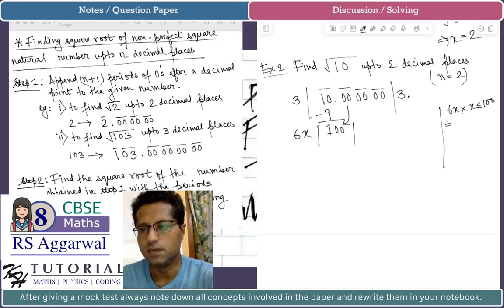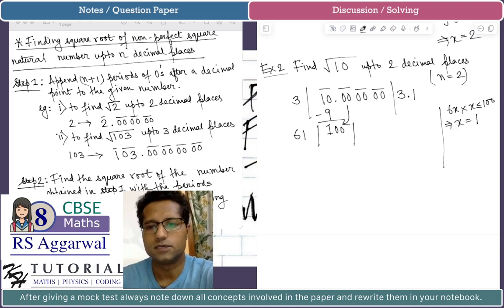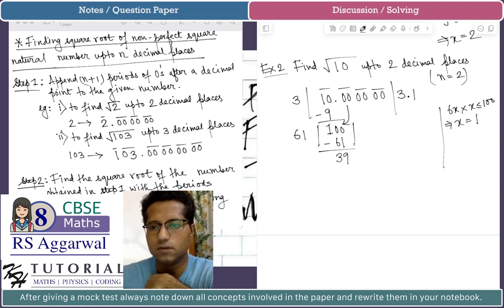What can x be? x cannot be 2, so definitely x is equal to 1. So x will be 1, and 1 will get appended to the quotient, and 61 into 1 is 61, and we subtract 61 from the current dividend, that is 100, and we get 39. Okay, we bring down the next period, that is 00, and the new dividend